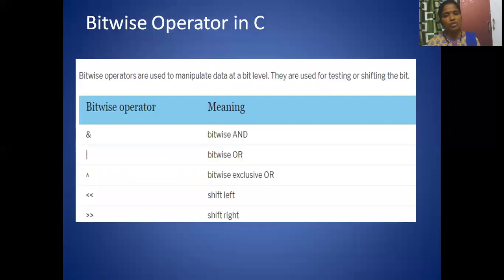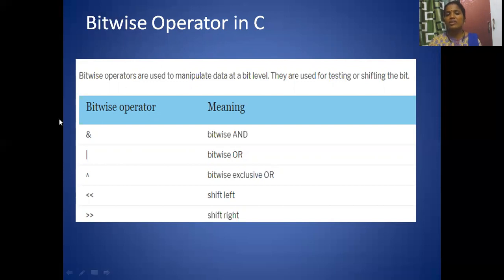Next, bitwise operators. These work on the principles of and, or, not. And the other two operators we have here are left shift and right shift. That means the bits are shifted to the left, either one place, two places, three places, or shifted to the right. So we call it the left shift operator or the right shift operator. This is the left shift operator and this is the right shift operator.